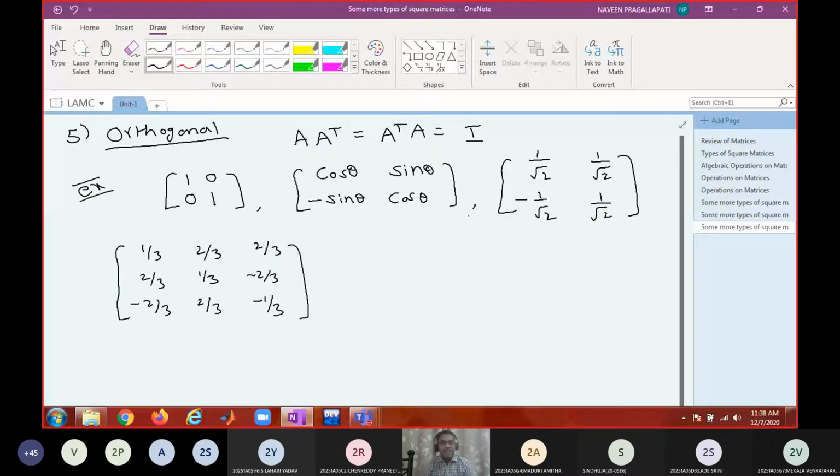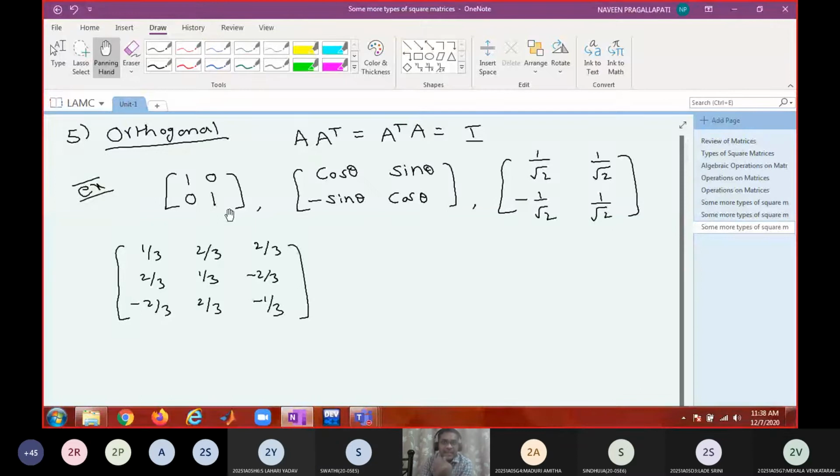Somebody was telling the sum of squares of the row vector is 1, it is a unit vector. Row or column, whatever. Okay, so you identified that columns are unit vectors, right? What do you mean by a unit vector? A vector having unit magnitude is said to be a unit vector.